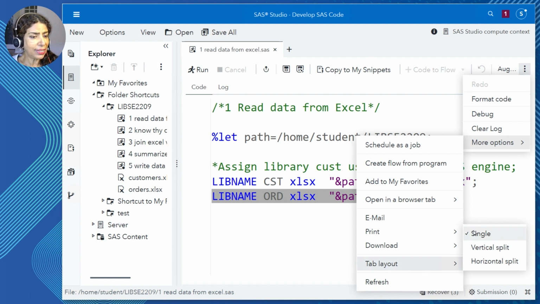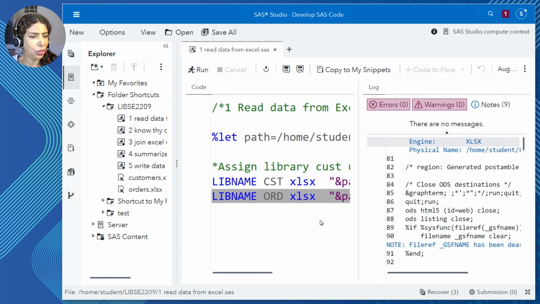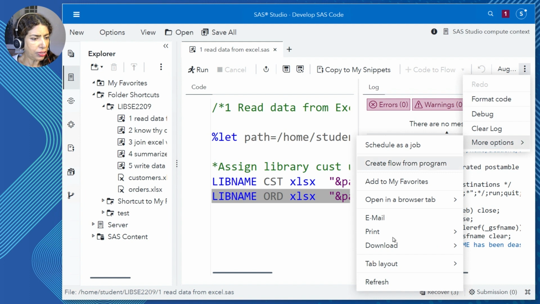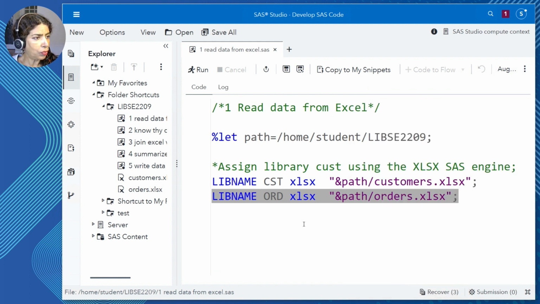You'll notice I selected single, but I'm going to change it to vertical split to show you what I mean. You see that? Now I have a separate code tab and a separate log tab. Personally, that takes up too much room on my screen. I'd rather have my options set up the way I had it on a single tab layout.